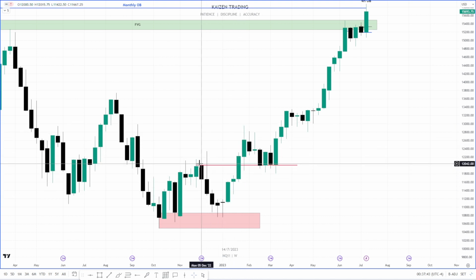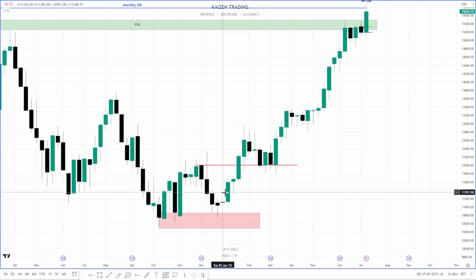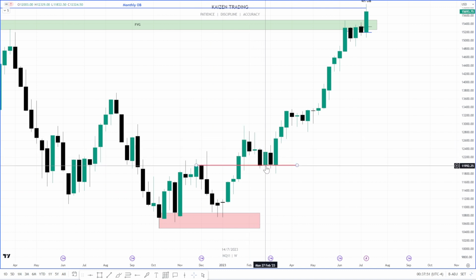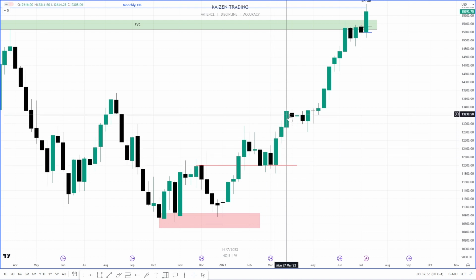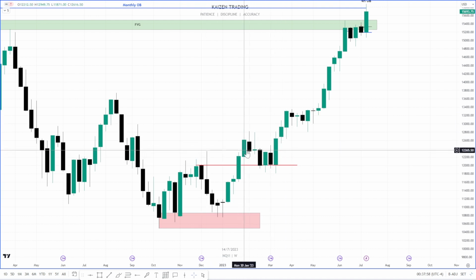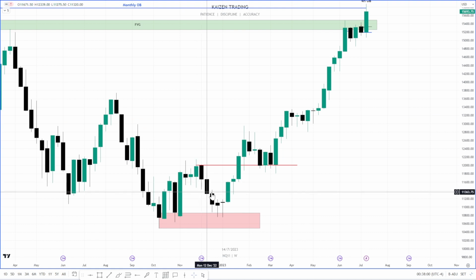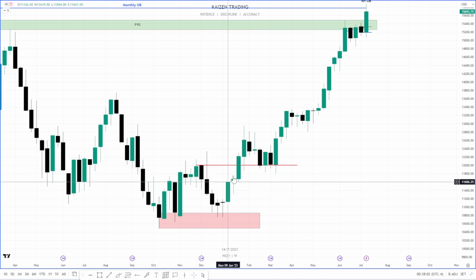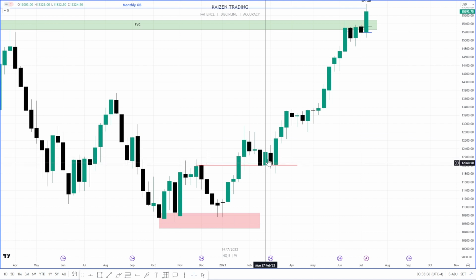Okay, so what do we expect? Here's your order block theory. When price displaces away from an order block, we want to see price come back down into the order block. We want to see it grab orders, and then we want to see it move away. Okay, so subsequent price action off of this series of candles, price displaces away, comes back down. We have a building of positions long. Okay, you can see that every time